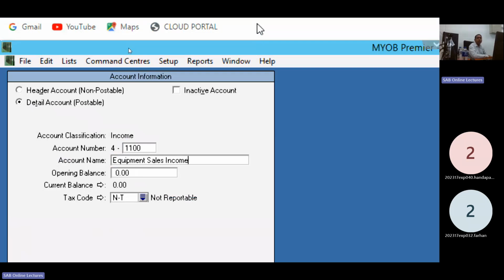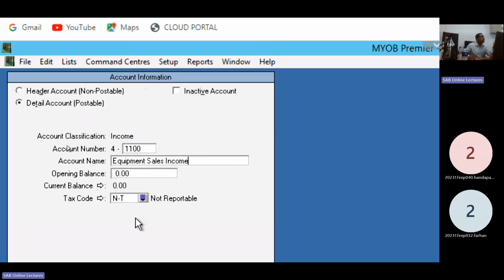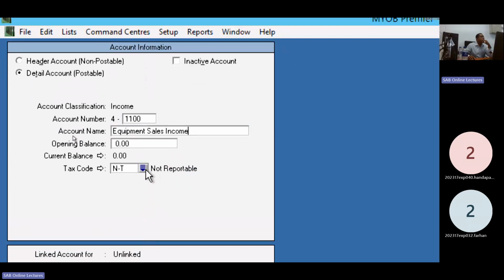Look at the tutorial. This income is liable for paying VAT. Students, this module is highly practical. This is very easy for you because you are industry students. This income is liable to pay VAT, so you have to add the VAT component here.